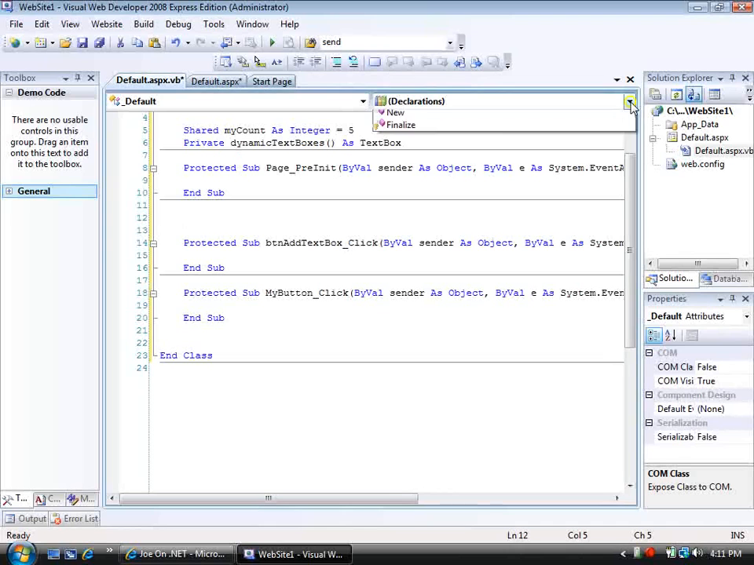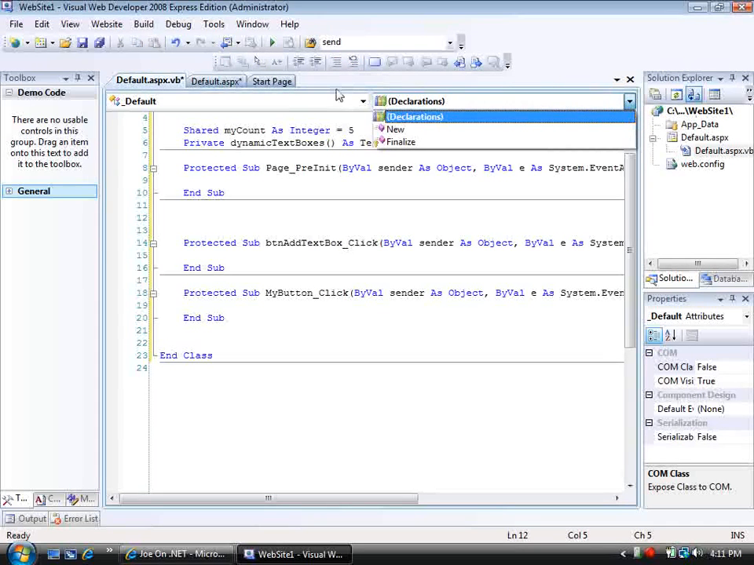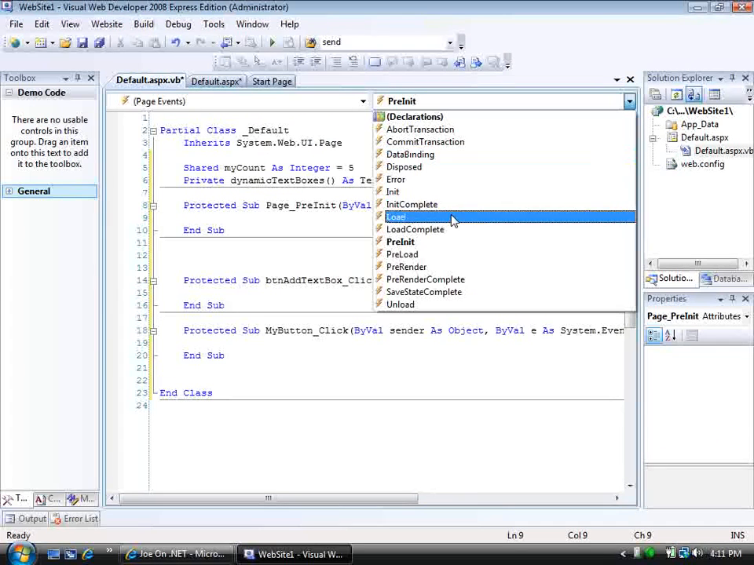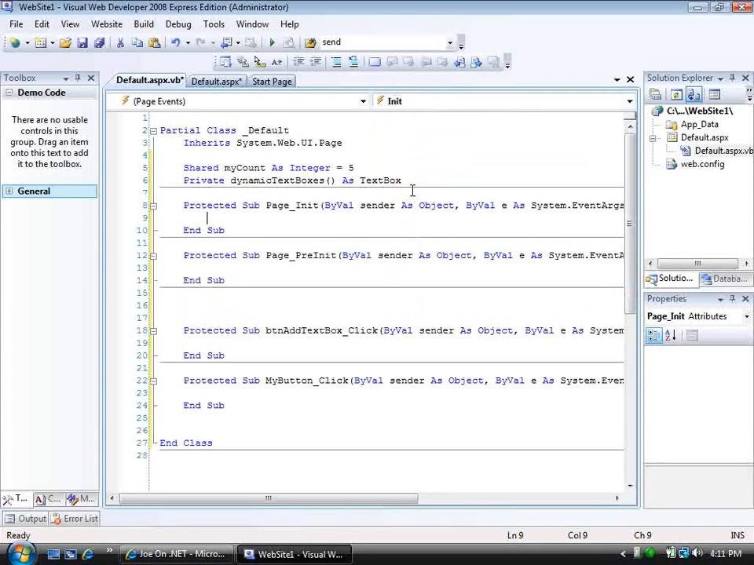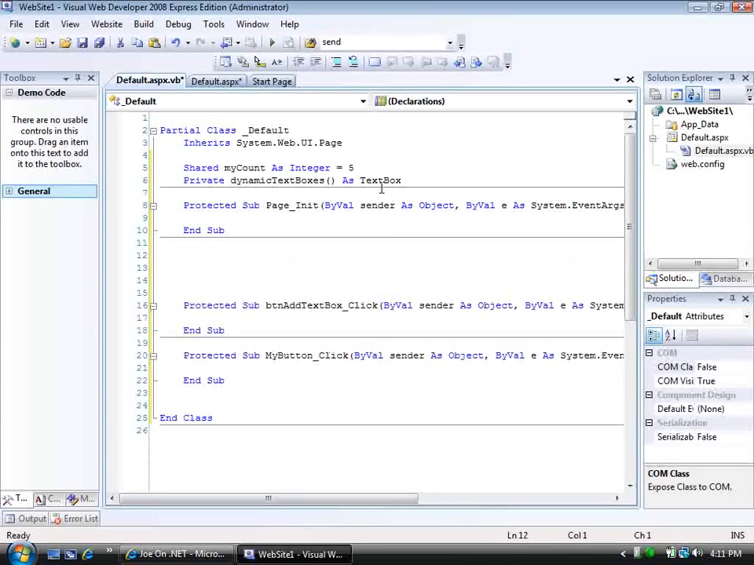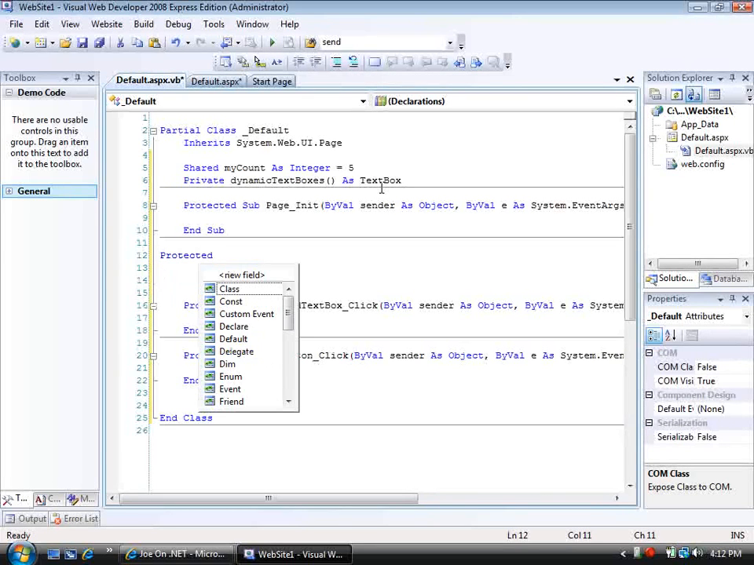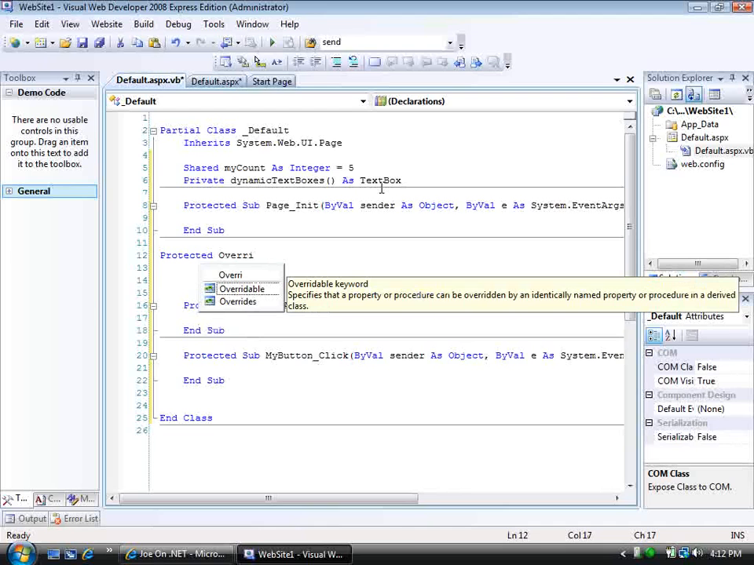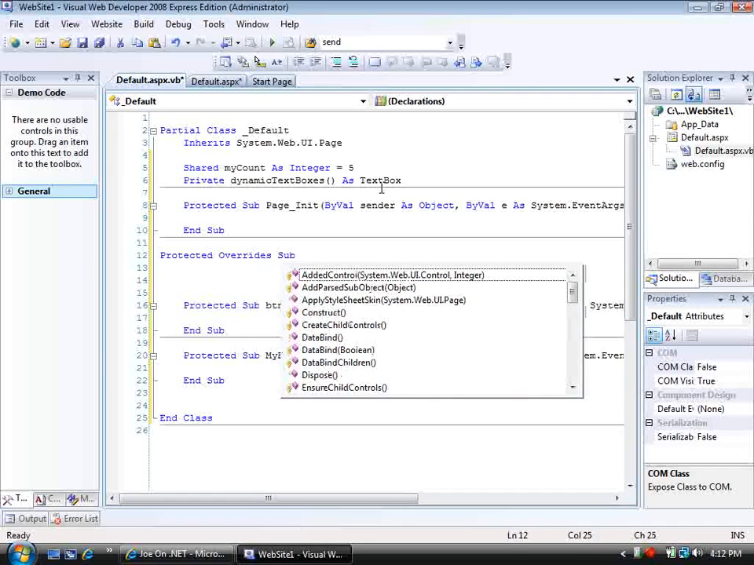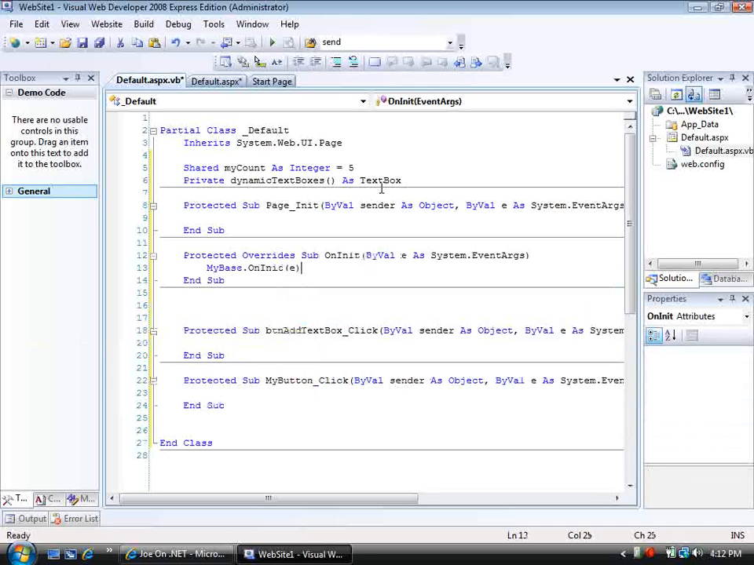So let's find page events, init. Oh, sorry. That's not what I want to do. Let's go ahead and just code it here. Let's say protected overrides on init,